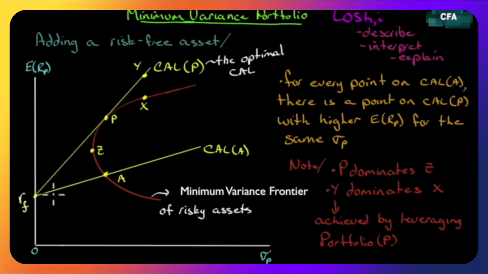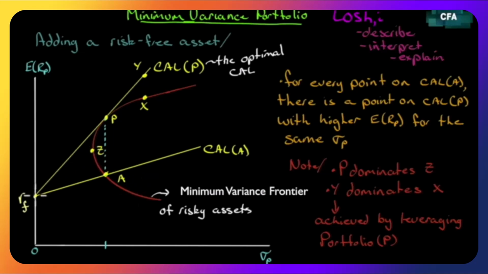Well, let's have a look at point A. We can choose any point at random, and let's do that. Let's say that we're going to be at point A here, and we have a combination of the risky asset and the risk-free asset. Well, for the same risk, here's our risk, we can simply move up to P and have a higher return for the same risk. So again, anything below Z is inefficient. So any portfolio down here below the global minimum connected with the risk-free asset, we can ignore, period.